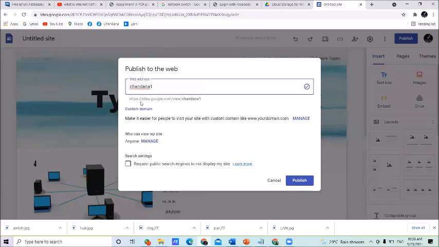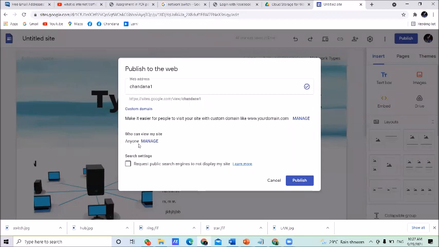Look at the below: https sites google.com view. At the end, you can see your name. This is the way you can create your e-booklet address. This is the address you want to share with me. After you give your web address here, you can see your address. Before you copy this address, remember to make these changes also. You want to do some settings here.